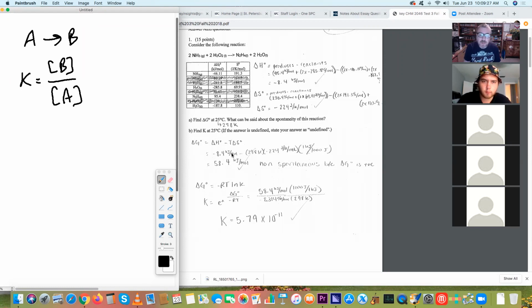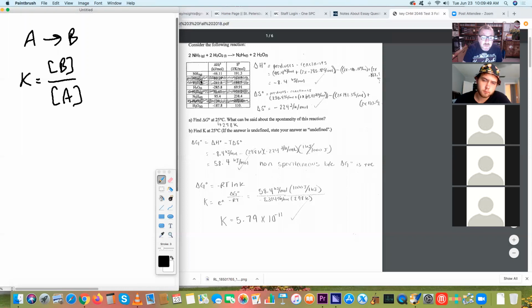All right, well, let's get into the kinds of questions we need to be cognizant of here. We're given these delta H values, delta H of formation specifically. We're also given entropy values for these individual substances that are part of this reaction. When we look at tables that contain these values, you'll often see things like NH3 gas, you'll see NH3 aqueous, and it's important when we're looking at a reaction to make sure we're cognizant of the